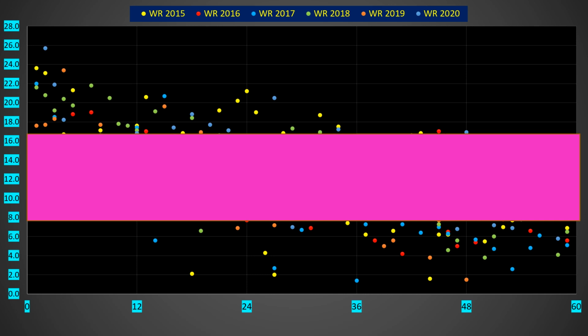As I've done with the other positions, I figured out the average of the position, which for wide receivers is somewhere between 12 and 14 fantasy points on average, and I calculated the standard deviation, which gives you about that much on either side of the average. The total distance is about 66% of the population, assuming normal distribution, which I'm assuming it is. Anything above the purple box is above average. The extremes, that's good. Anything below is bad.